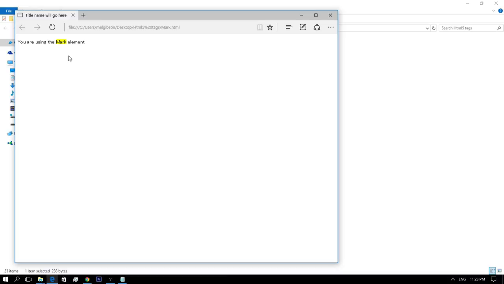In the present scenario, many search engines are using the features of HTML5. When they search the particular text, they put that text in the mark element and then represent it on the screen. The mark element can be used to enhance the user's reading experience.